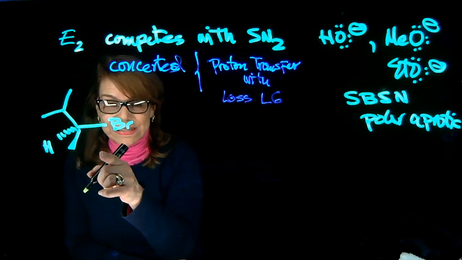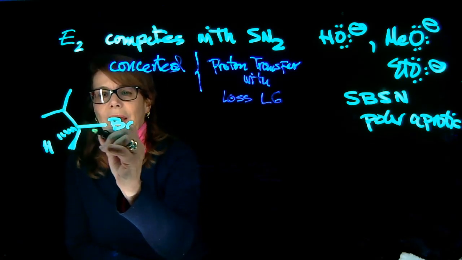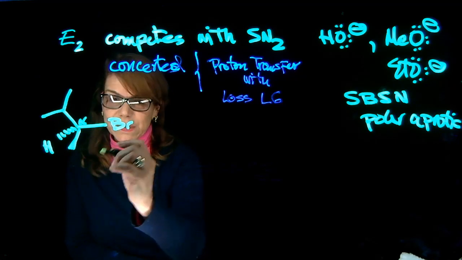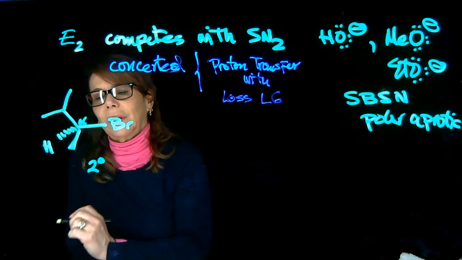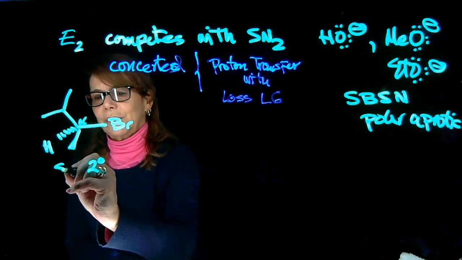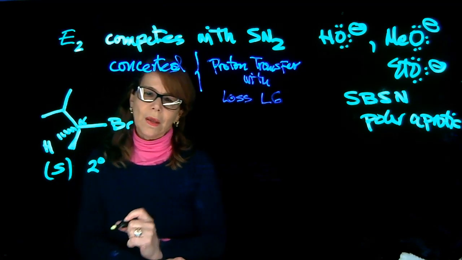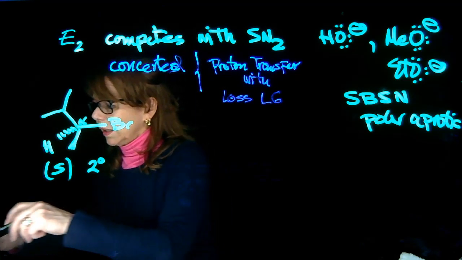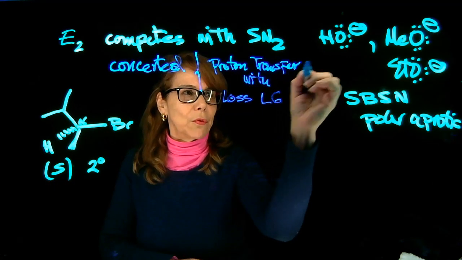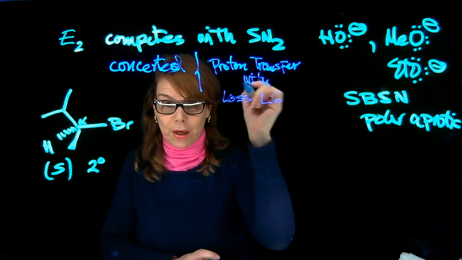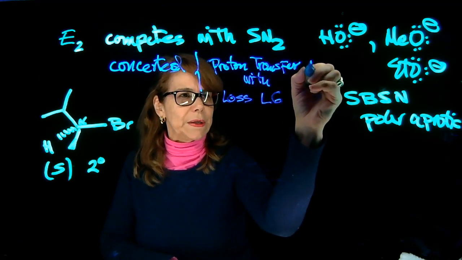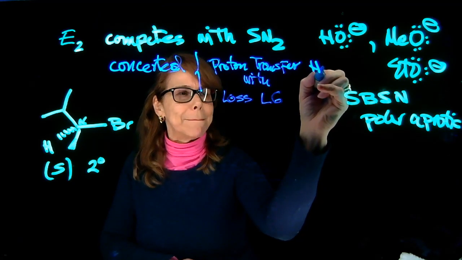Now, when we see a structure like that, this is my alpha carbon, and we have two alkyl groups attached, that is a secondary alkyl halide, and also we know the configuration here is S. But in the case of the E2 reaction, since what's going on is the proton transfer, the base attacking to get a proton, and the hydrogens that are going to be extracted here are beta